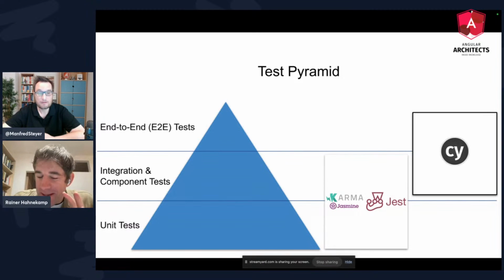There are maybe some disadvantages. You will have to pay a little bit in terms of performance. Cypress component tests tend to run slower than the Jasmine and Jest tests, but you gain so much in terms of developer experience that you just say it's worth it. At least that's what the majority says. And of course, that also means that Jasmine's use case falls down to unit tests, where, as we have discussed in the beginning, we don't have so many of them anymore because we usually don't have so much logic.